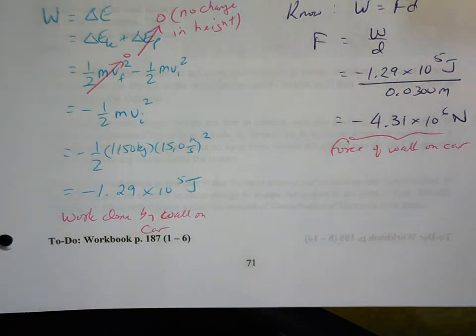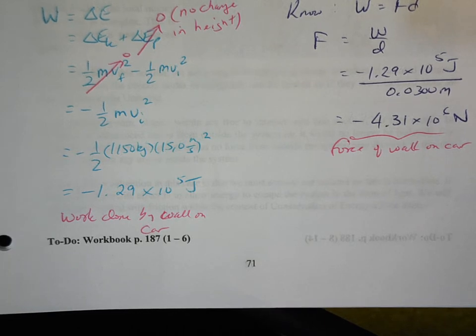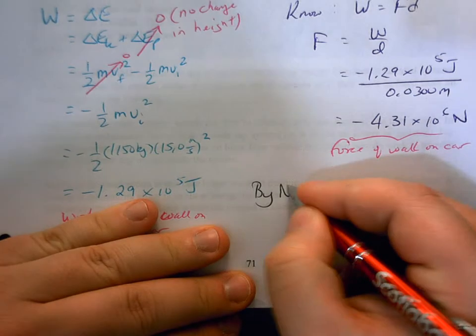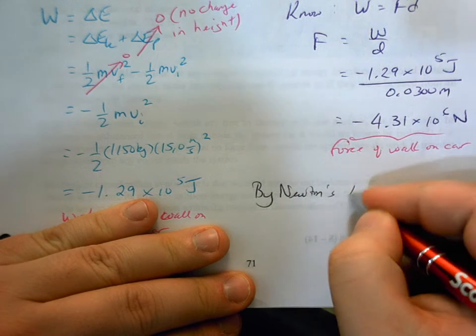We also want to know what's the force that the car exerted on the wall. Now, somebody might want to do some fancy calculations, but why would you waste your time doing that? We know by Newton's third law that if the wall applies a force on the car, the car is going to apply the exact same force on the wall with equal magnitude, just in opposite direction. So by Newton's third law,